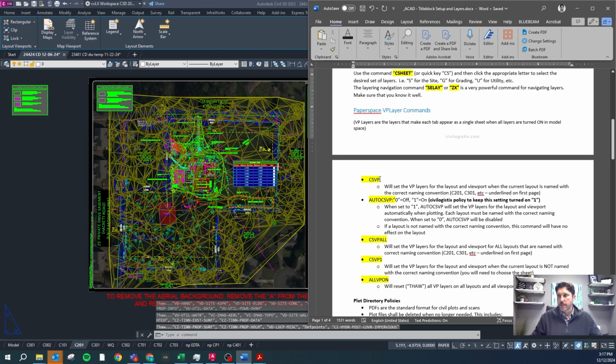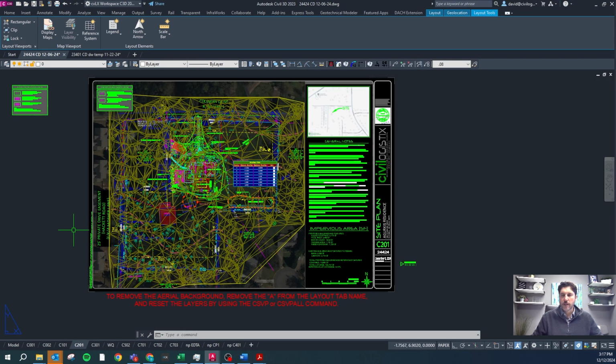Well, this command CSVP sets all the viewport layers for the appropriate sheet. And so the way our layers work, when you plot, everything is turned on in model space, but then the paper space viewport filters out the things that we don't want shown so that only the correct things show up on each sheet. So if I type CSVP,